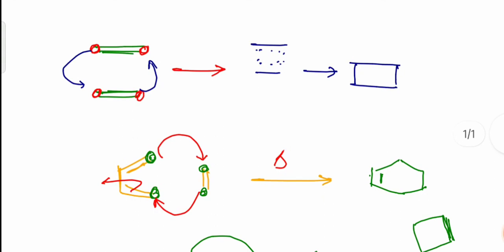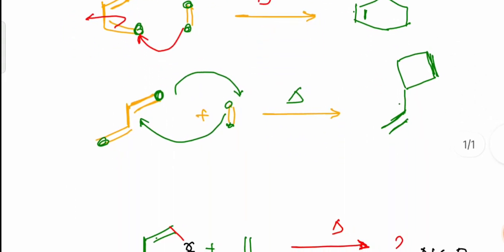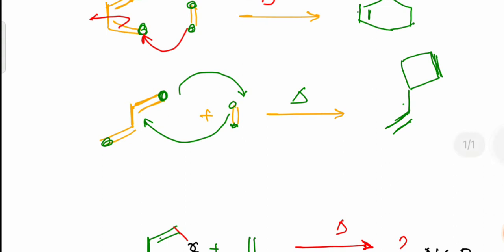So what is the cis principle? The reaction always occurs at the termini of the pi bond, so your termini should be spatially oriented. That's why a trans type of diene cannot participate in this reaction. Look at this, this is the possible reaction for a trans diene: 2 plus 2 will take place. We require 4 plus 2, but only 2 plus 2 is possible.